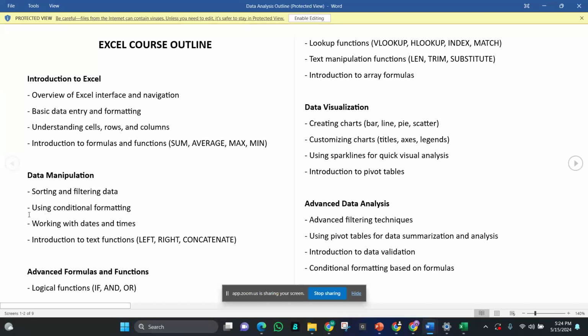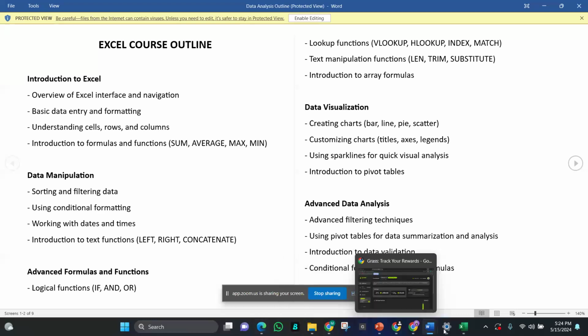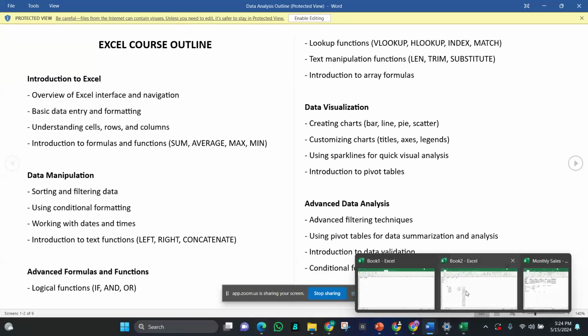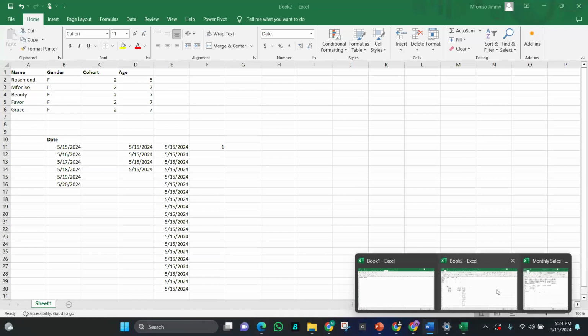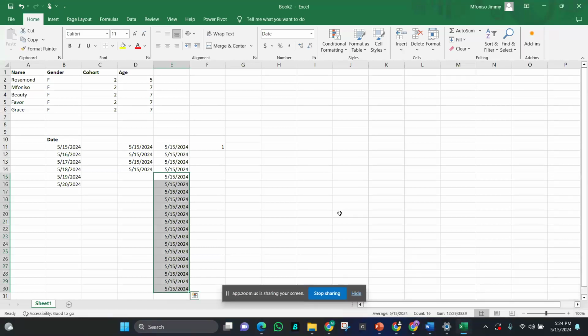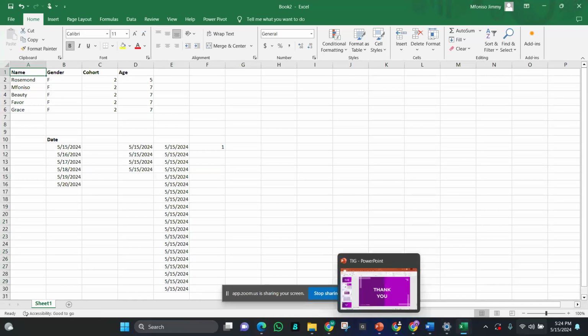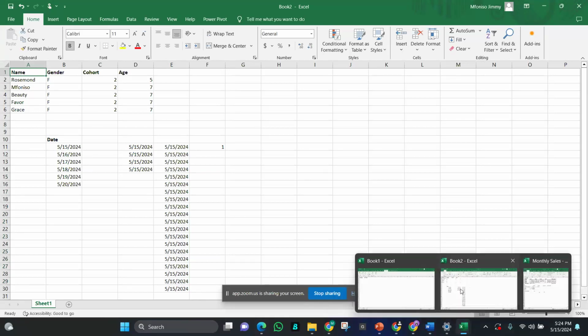Okay, so the next one we are working on should be the sorting and the filtering of data. I hope everybody understood the introductory formulas.